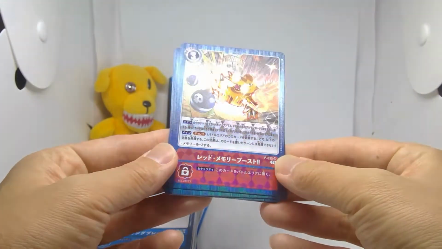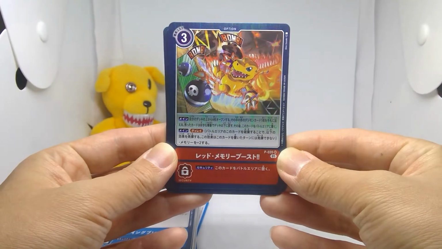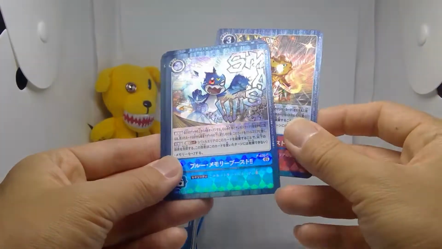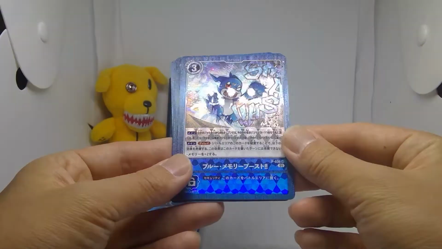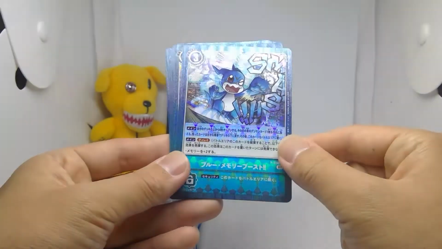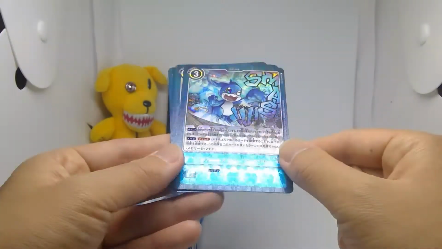Just to show off the foiling, if I didn't do it nicely. So look at that foiling. Love how the eyes are holographic. Just look at that. And then option cards got this diamond-like thing. I wonder if that's a reference to Double Diamond. I really doubt it, but